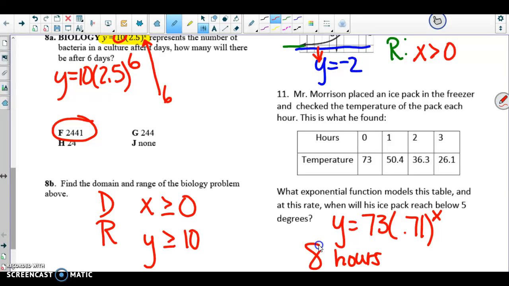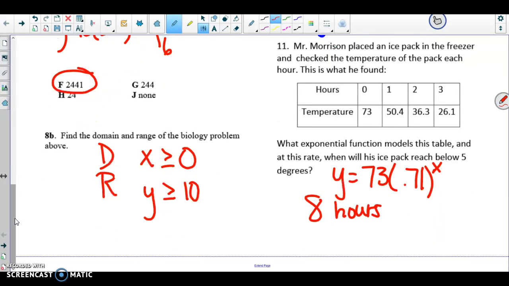Okay. All right. So I'm going to wrap up page 1 here. So this will be part 1, and we'll do part 2 in just a